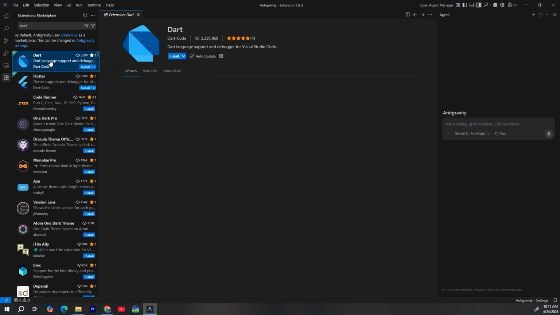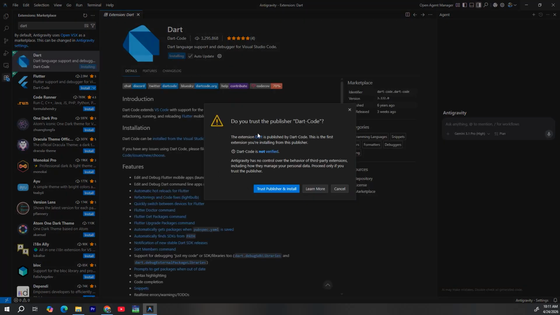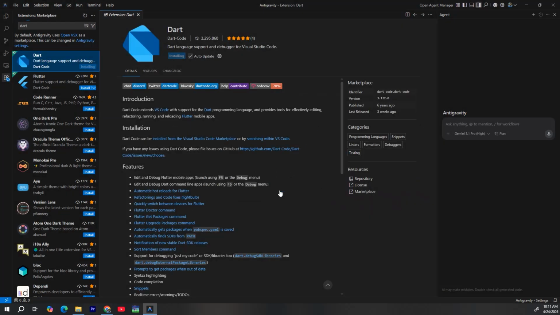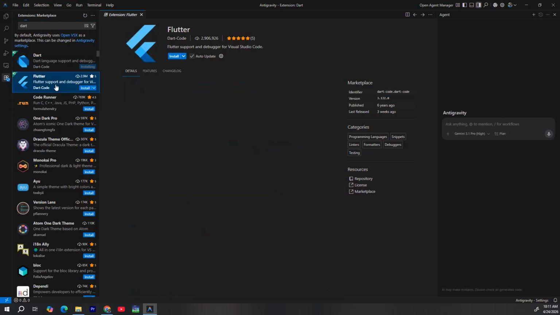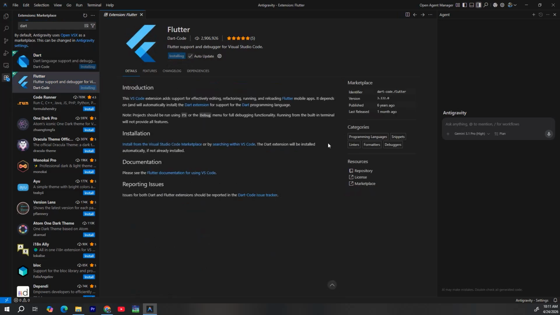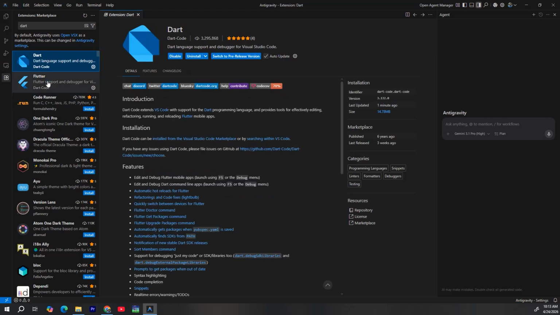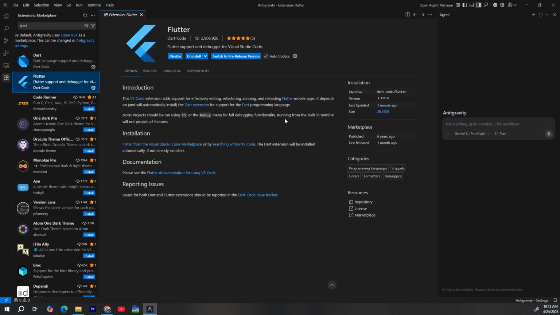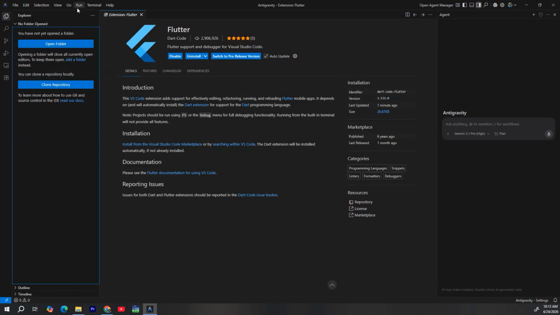So I'm just going to click it and hit install, trust publisher, and install. And also for Flutter, I'm going to hit Flutter and then install. It will take some time to install both the extensions. Okay, now with those two extensions installed in Antigravity, we can now create a Flutter project by going to a